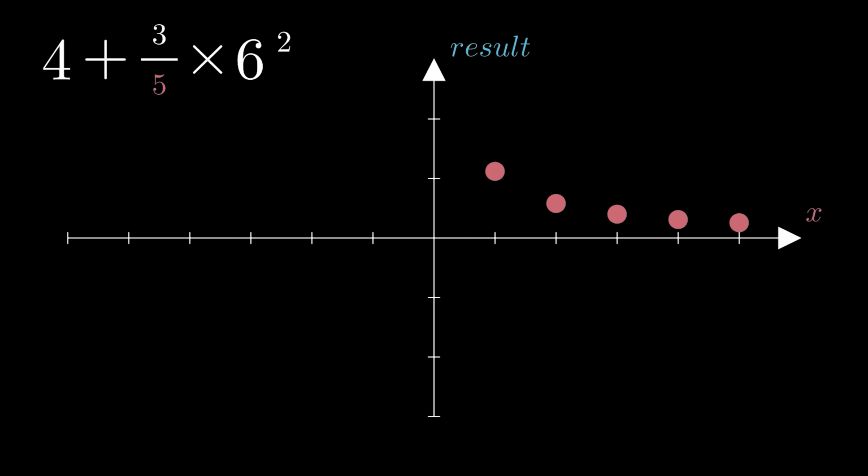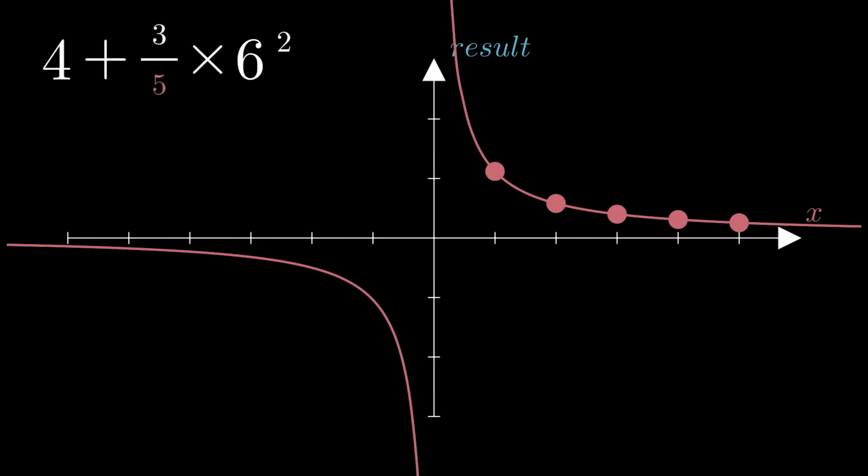There we go. This shows us pretty well what the function is all about. But if you want this to be even clearer, you can connect the dots. There we go. This graph right here tells you exactly what happens to the equation. And the idea is for each number on the x-axis, you take it, you use it to replace the x in the equation, and you bring it up to the height equal to y.